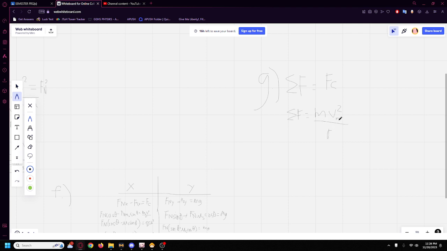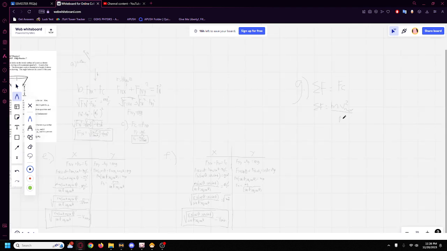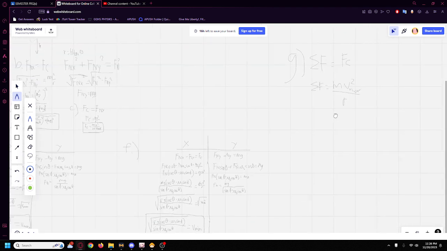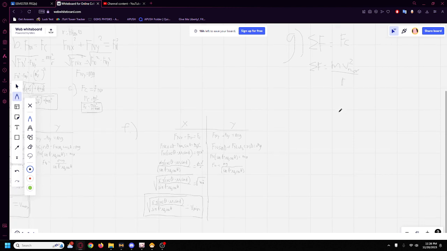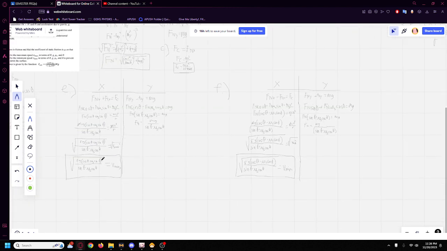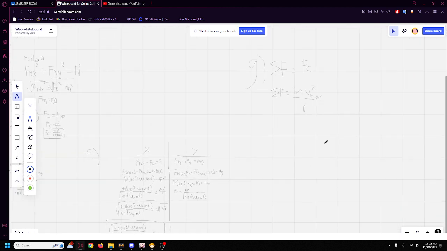This is v max because that's how you get the largest force. So you sub in v max for this as we derived. So net force is equal to m over r times